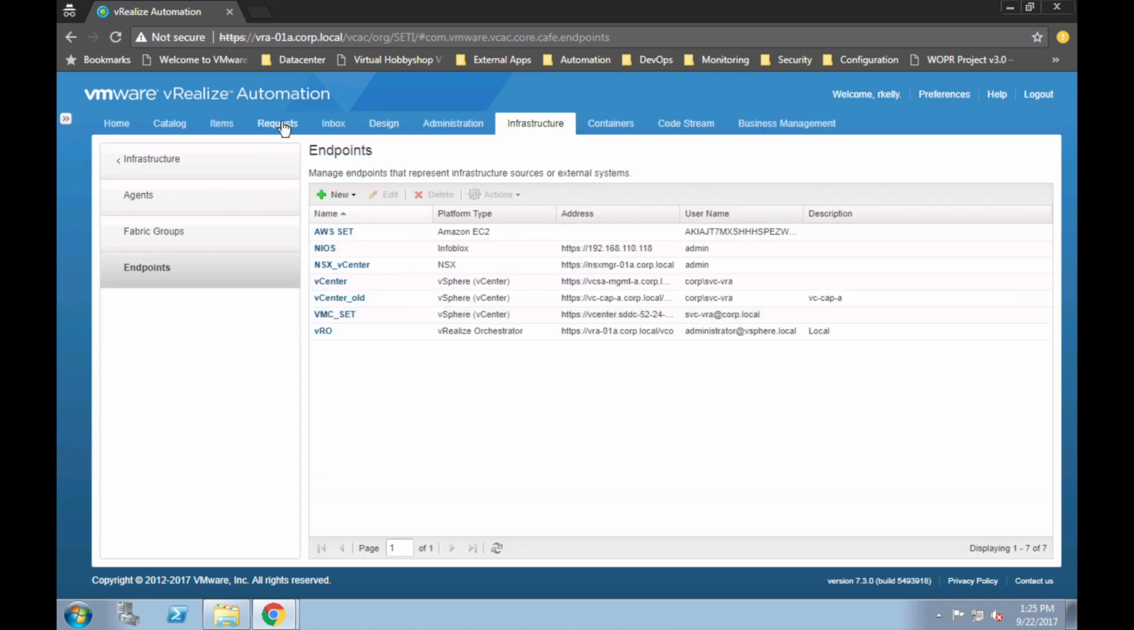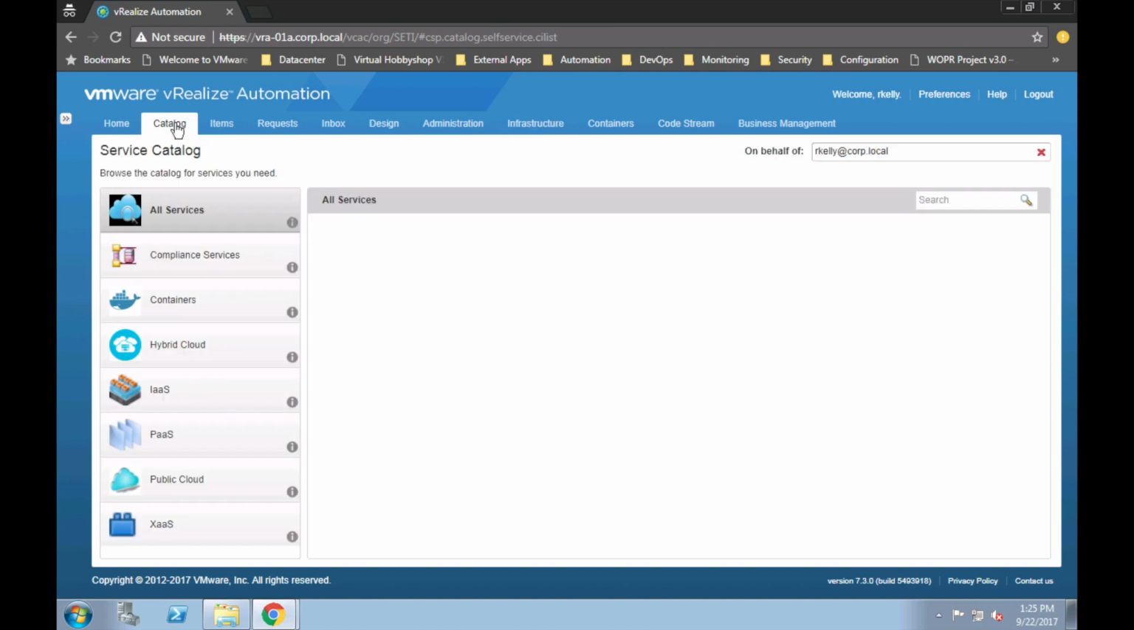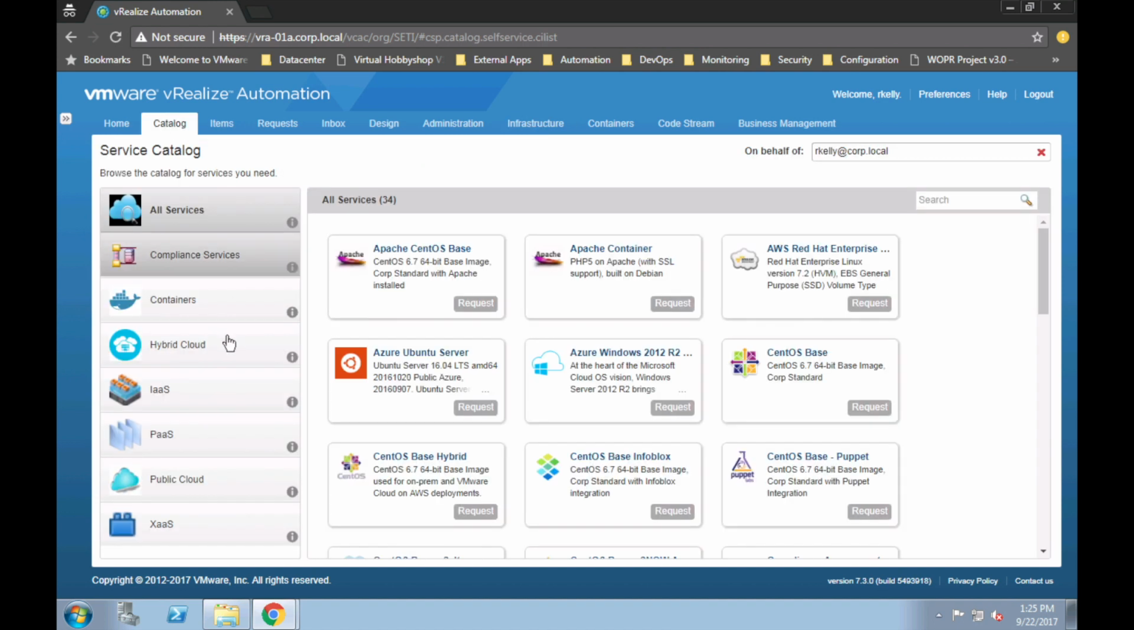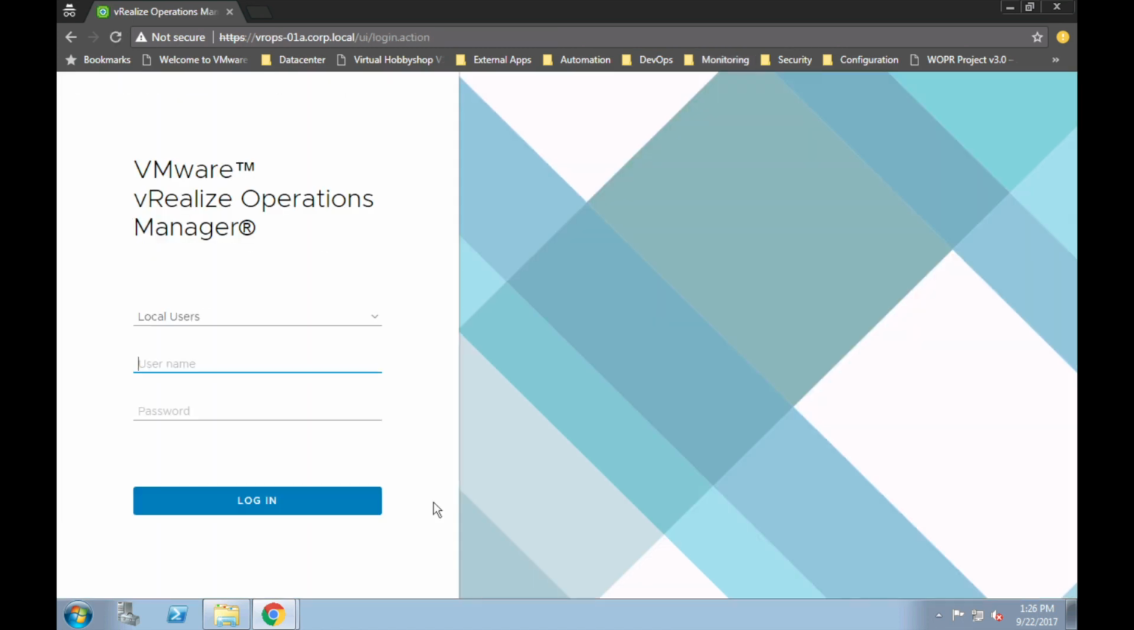And that allows you to go ahead and start creating blueprints and provisioning services and blueprints against the VMware Cloud on AWS data center, just like you're provisioning into your local data center today. But that's not the only tool that is used with VMware Cloud on AWS. We also have the ability to use any of the vRealize tools. So we'll take a look at vRealize Operations, and I'll log in as